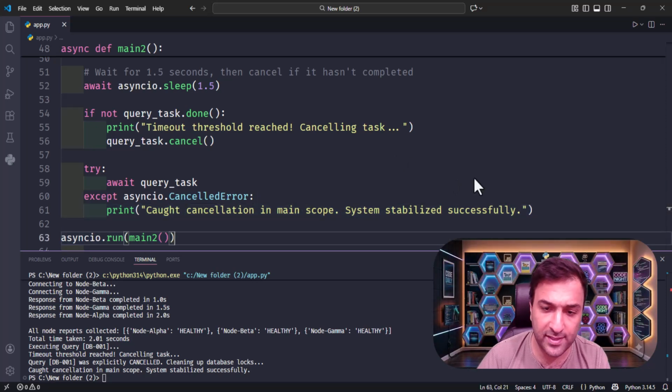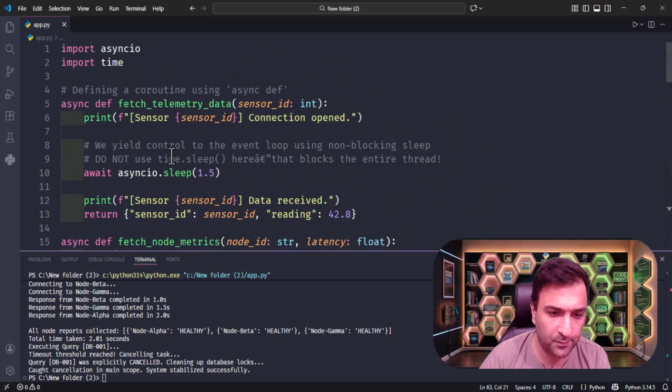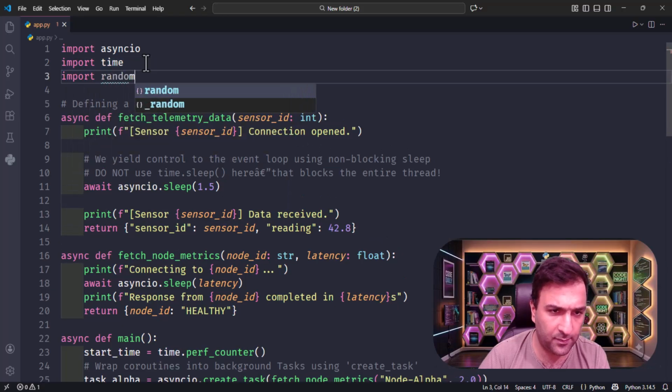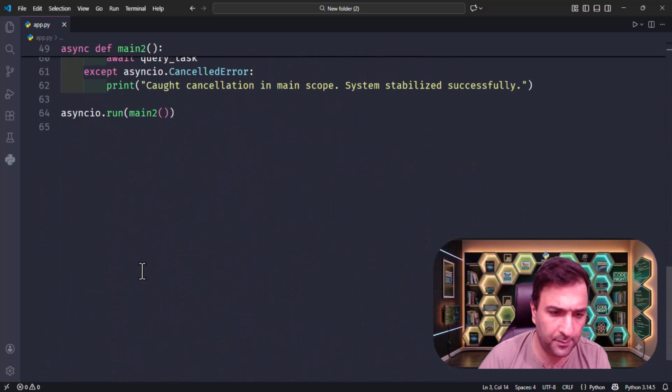For production systems, combine async comprehensions with asyncio.wait to manage sets of completed and pending tasks, allowing you to catch individual errors safely. Look at the code first. Import the library. Then